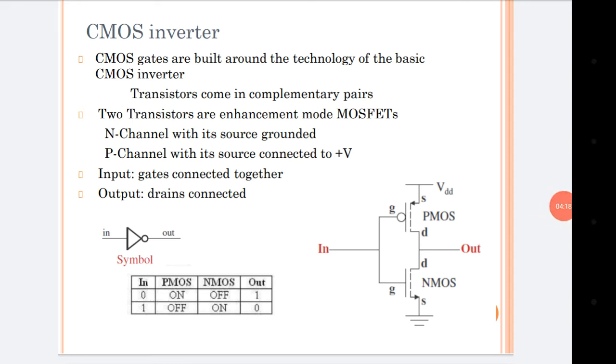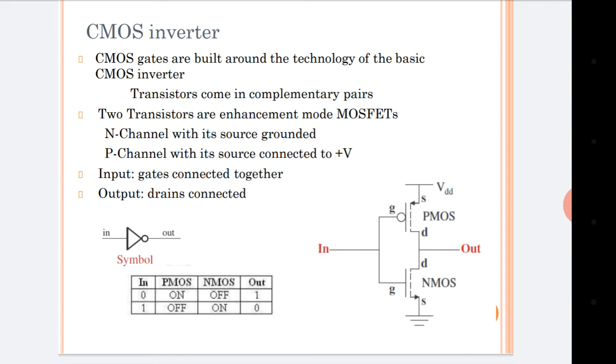Observe this diagram. This slide explains the CMOS inverter circuit. As we know, CMOS includes PMOS as well as NMOS. The source terminal of the PMOS is connected to VDD, and the source terminal of the NMOS shown in the diagram is connected to the ground terminal. The gate terminals of both PMOS and NMOS are joined together and considered as the input. The drain terminals of PMOS and NMOS are joined together and the output is taken from that terminal.